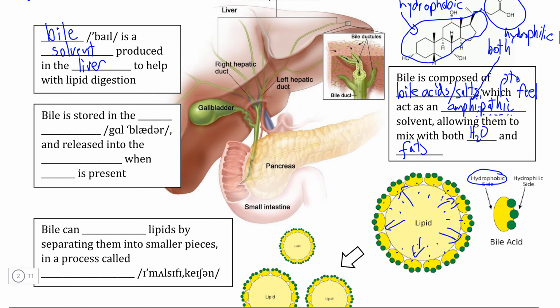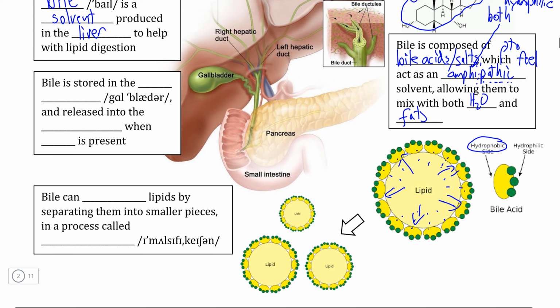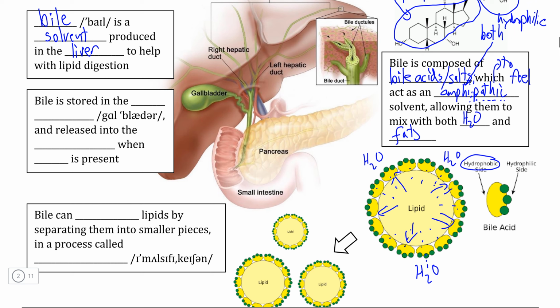Now, the fact that your insides are mostly made of water is not a problem for bile acids or bile salts, because water is able to attract to the other side, meaning that even though the fat molecules are not dissolved in water, they are dissolved by bile acids or bile salts, which in turn are dissolved by water. So it's dissolving within dissolving, if you will. This process shows how bile can actually dissolve any hydrophobic molecule, such as fat, by separating them apart into smaller clumps of individual fat molecules, making it easier to digest.